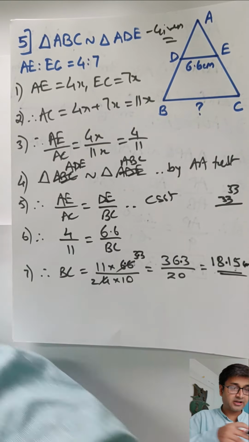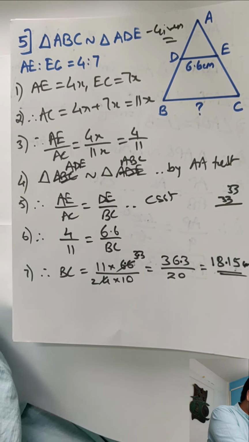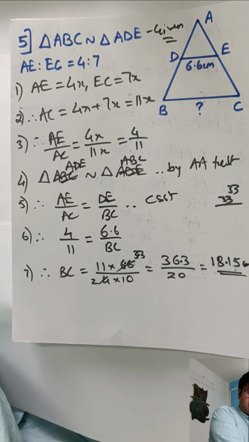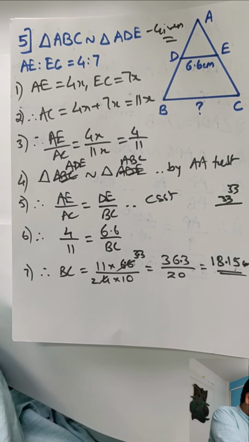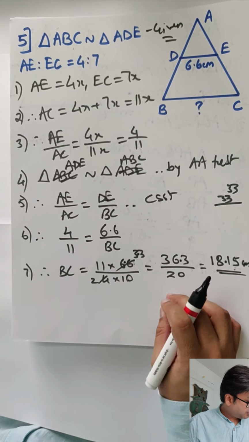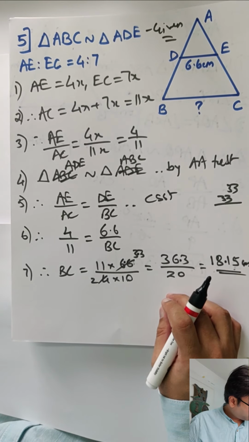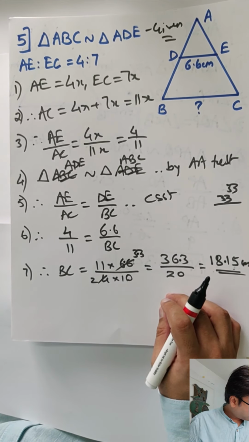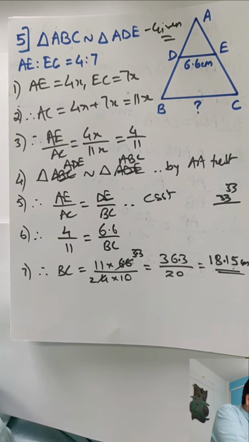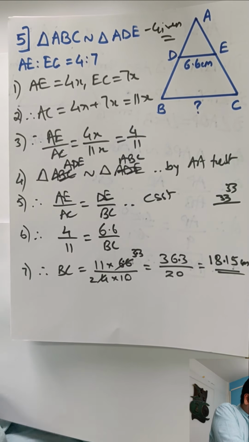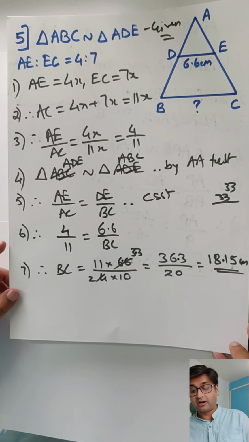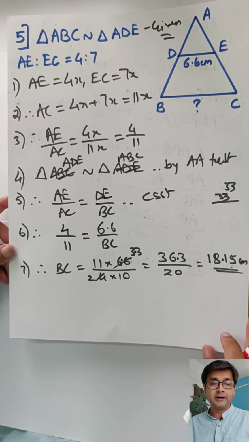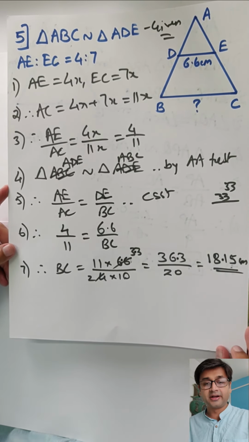I'm not very sure, can I just check the answer? This is 15B, sum number 5. So let us just verify it so that I am not teaching you anything wrong. 18B, sum number 5. Where are you? I am not able to locate you. 15B, not 18B, so sorry. 15B, sum number 5. It's correct. 18.15, or they've given it in mixed fraction, so you better write this.